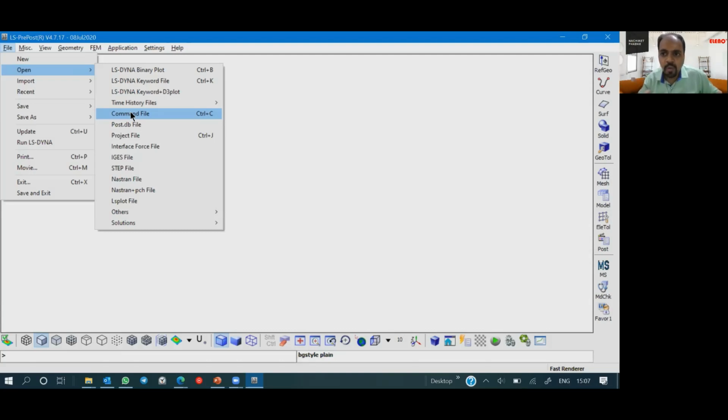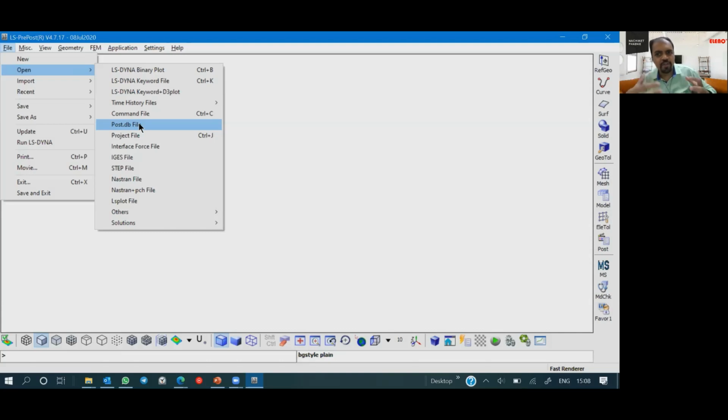We are going to do a little automation in report generation, and at that time we are going to see about command files. A PostDB file is a file which is generated inside LS-PrePost, but for that you need D3plot input. Okay, so I'll go one by one, open and save a PostDB file and show you how it works. And good news is I'm going to give you two important PostDB files. One is of a seat, the second is either of a vehicle or of a bus.